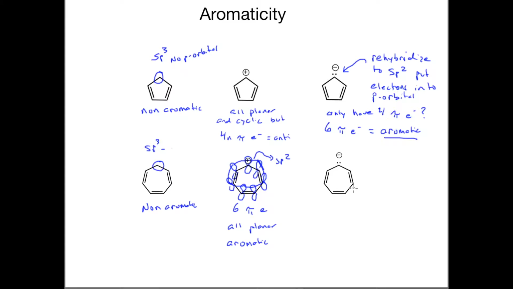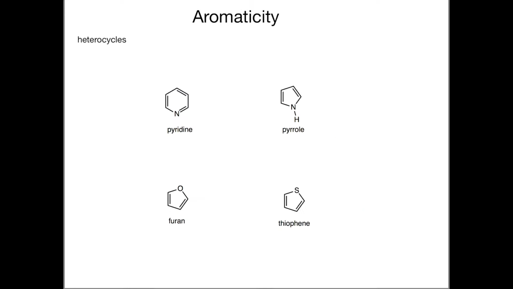Now, if we move to the one on the right, what you can see is that we actually have 8 pi electrons in this case. And so very easily you can see that if you set this equal to 4n plus 2, you end up with something that doesn't give you a whole integer, and so this gives you instead n equals 3 halves. So this one is anti-aromatic. This fits, so if you solve for 4n pi electrons, this fits that rule.